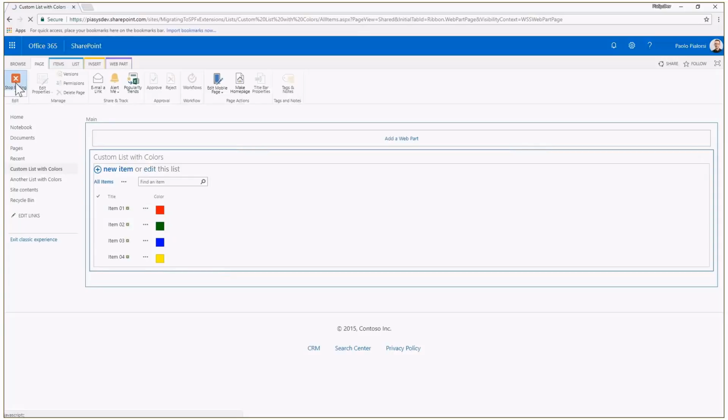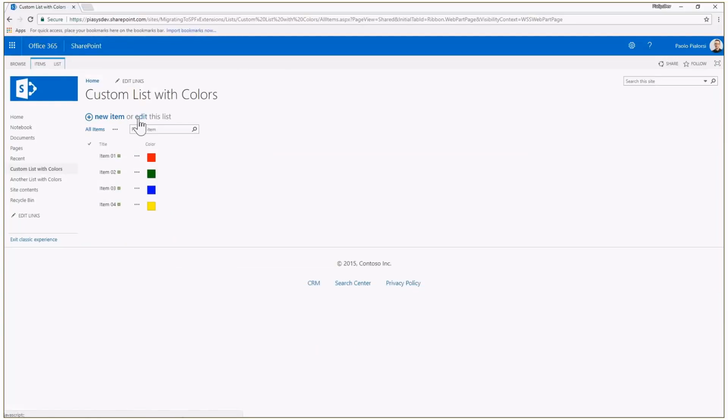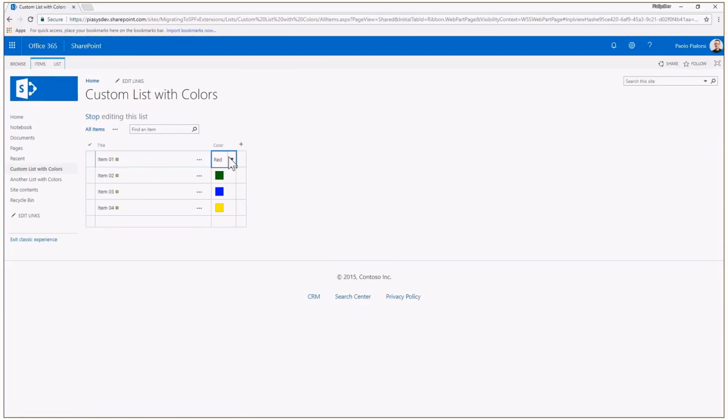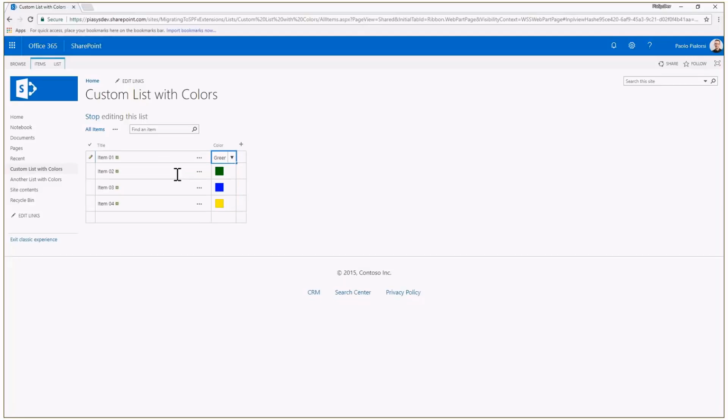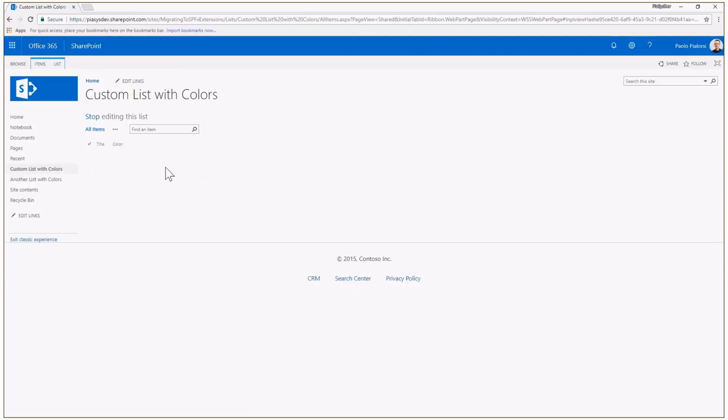What I mean is that if I edit this list, every single item will have a color, and I can play with this nice UI and see exactly the same color that I selected in the field property of my item. So this behavior can be nice. Of course, you can create whatever custom field you like using the JS link approach. But again, one more time, it uses a JavaScript file somehow embedded in the page, without governance and control